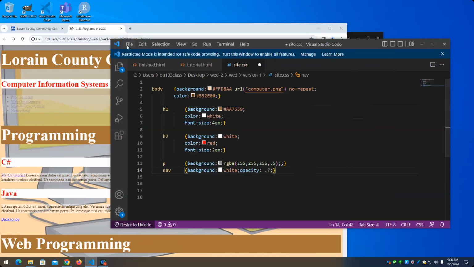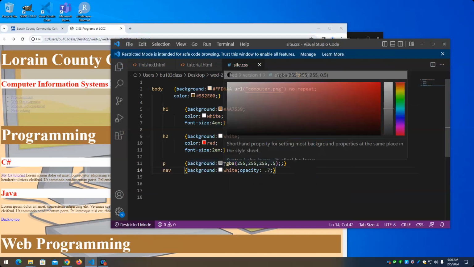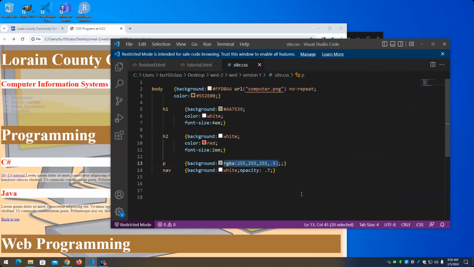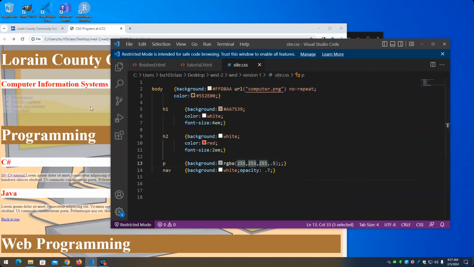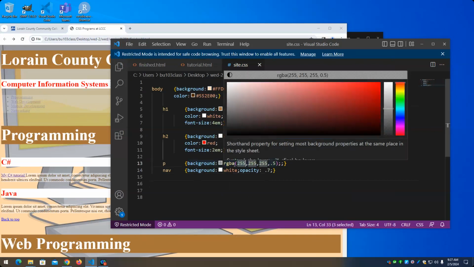Now there's another way to express colors, and that's with this RGB function. This RGB function, or in particular this RGBA function, uses numbers to specify how much red, green, and blue. And the numbers range from 0 to 255. So we can tell this is white because we have the red turned up all the way, the green all the way, and the blue all the way. That makes white light. And the fourth number here is A,